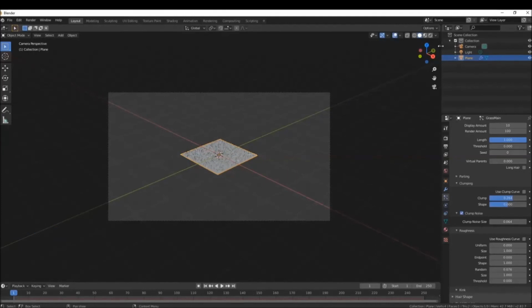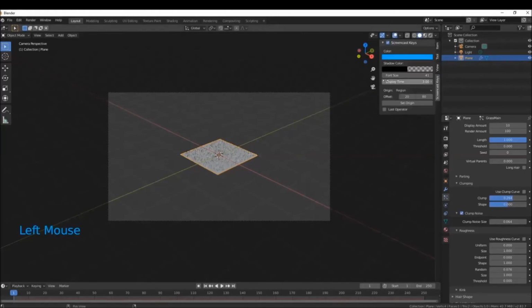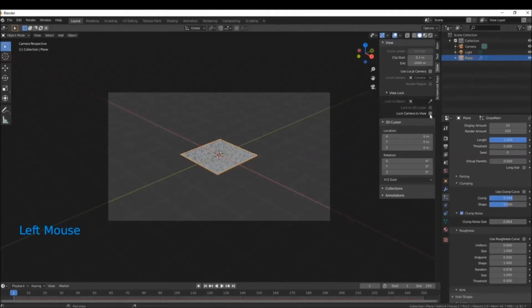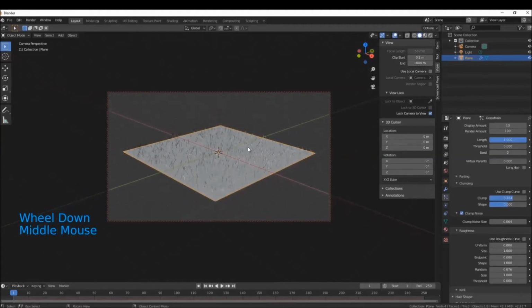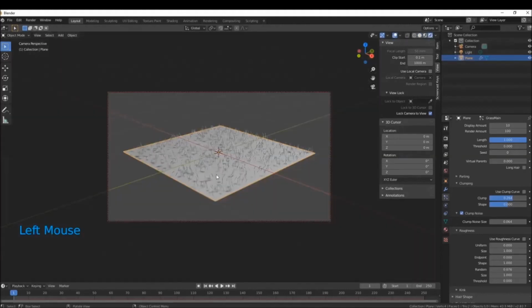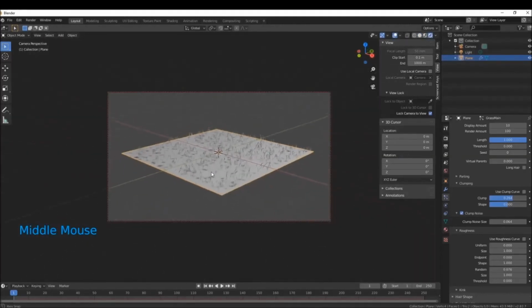So just to give us an idea of what that looks like, let's go ahead and set up some of our camera and everything. In order to do that, I'm going to hit 0 to go into camera mode. I'm going to open my side panel, which you can get to by hitting N, and I'm going to go to view, and under view I'm going to say lock camera to view. So now if I move my view, the camera will stay the same. So I want this to be roughly in the center. I'm going to switch to rendered mode just so I can try to pick the best angle here, and this is the angle that I'm going to keep. I'm going to unclick